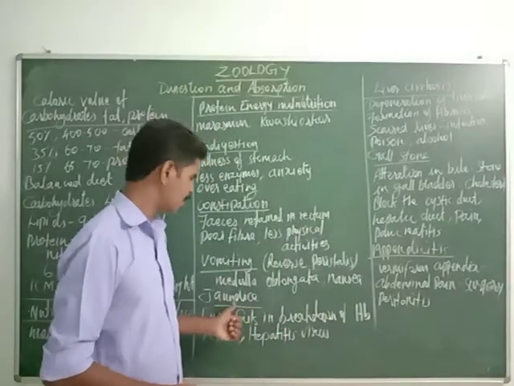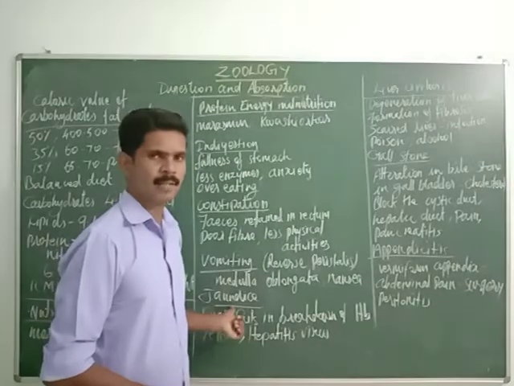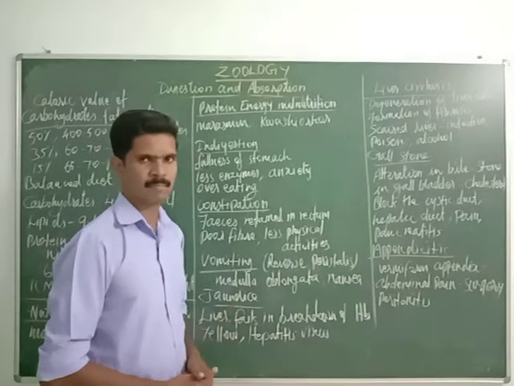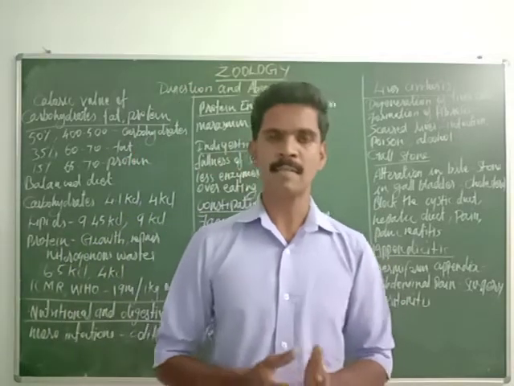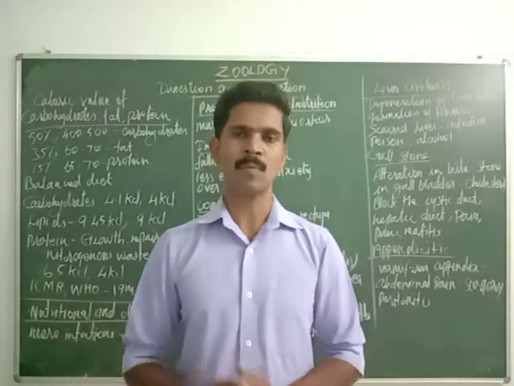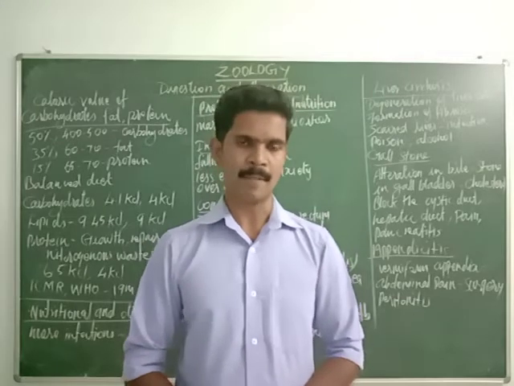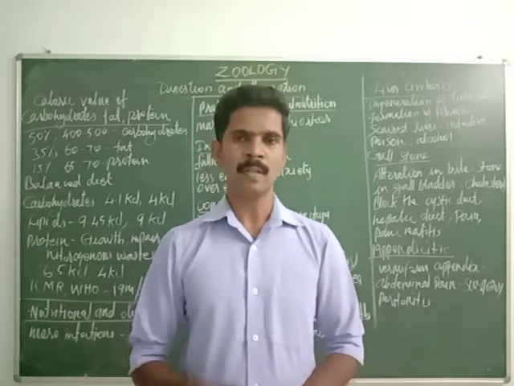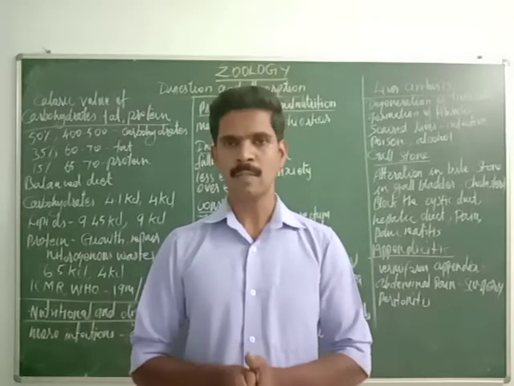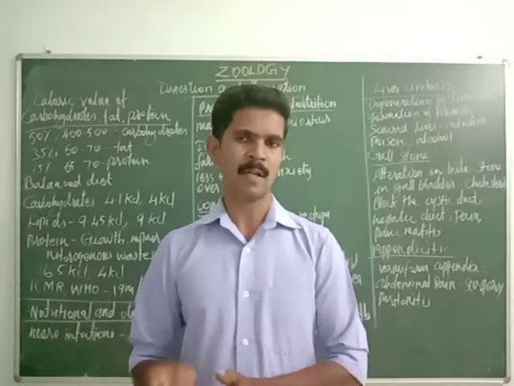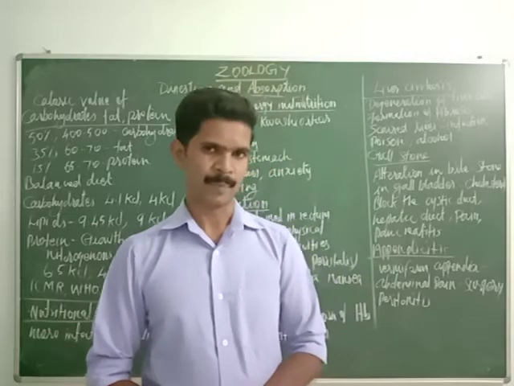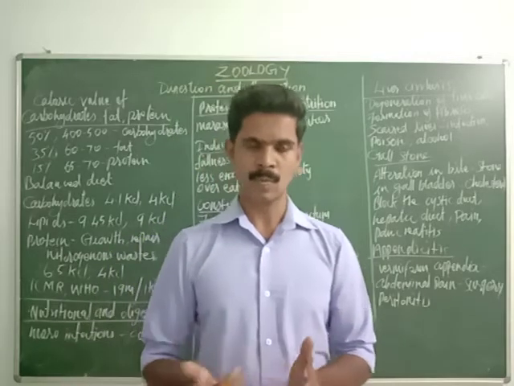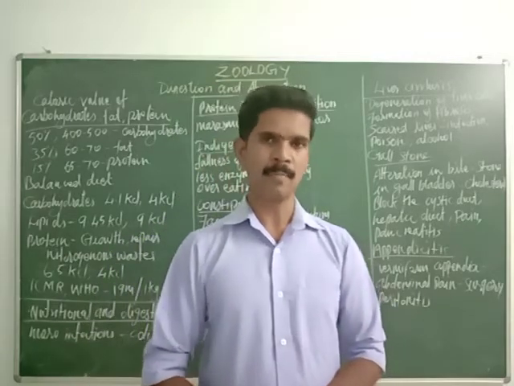Then the next disease is called jaundice, and this jaundice disease affects the liver. If the liver is affected with this jaundice, the liver cells are unable to break down the hemoglobin molecule present in the RBC. In the last class I told you the hemoglobin molecules are broken down when the RBCs are broken. Understand? So this leads to releasing two important pigments, bilirubin and biliverdin.